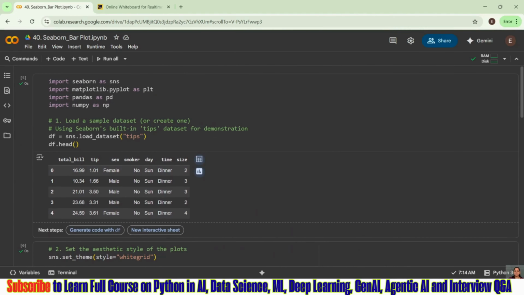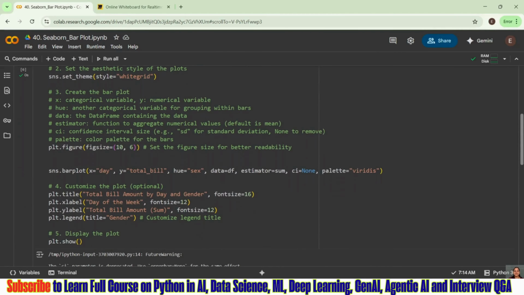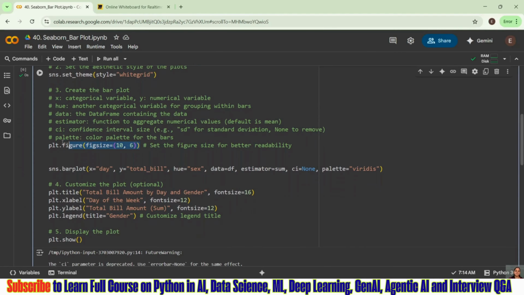Guys, you don't have to worry about remembering these syntaxes. You just need to remember the basic syntax, which is that you have to create your plot. Sometimes a large dataset will be there and it will look very clumsy. You won't be able to see what exactly is in that plot. At that time, you will adjust the figure size. It will give you the correct plot area.